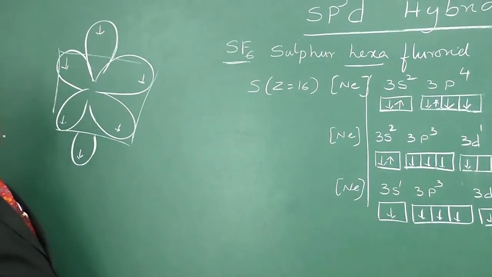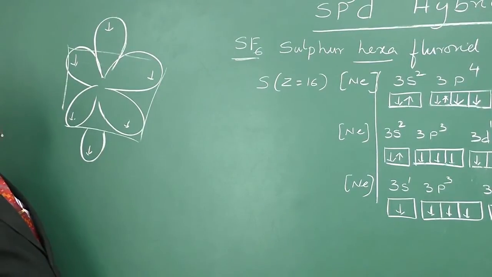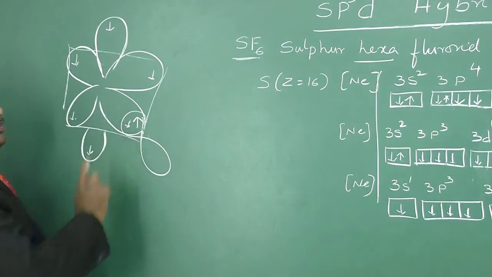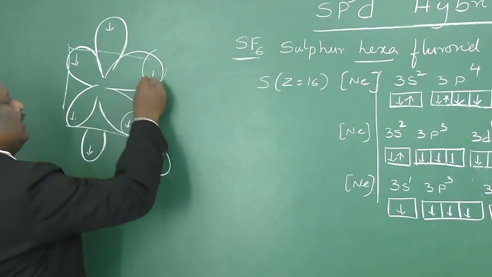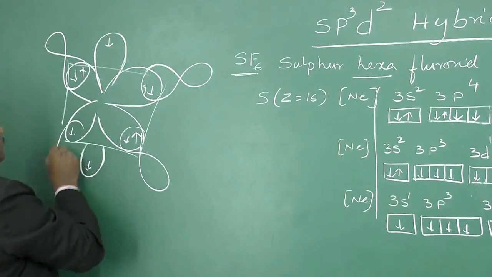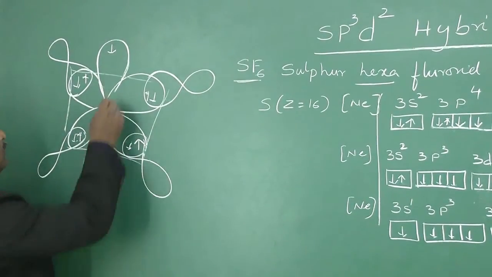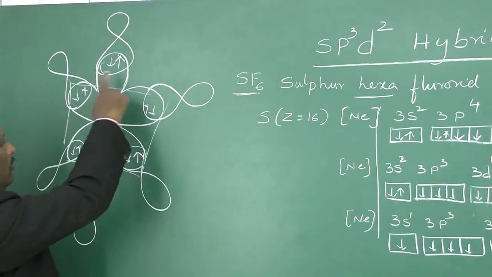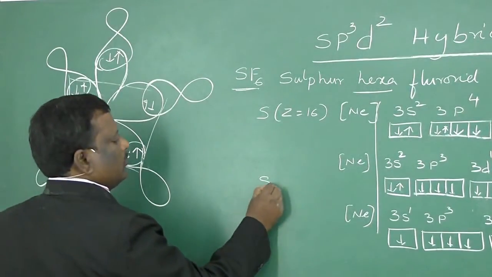In fluorine, the electronic configuration is 1s2, 2s2, 2p5. That means 1 half-filled p orbital is present in fluorine. The half-filled p orbital of fluorine overlaps with a half-filled sp3d2 hybrid orbital of sulfur to form an S-F sigma bond. Another bond will be formed like this, and one more here. So sulfur can form 6 sigma bonds with 6 fluorine atoms. That's why in the SF6 molecule you have